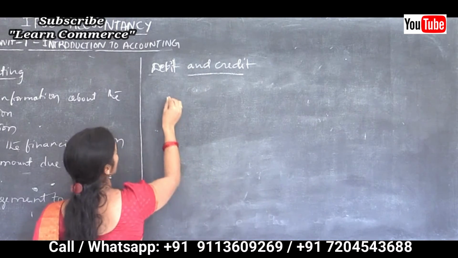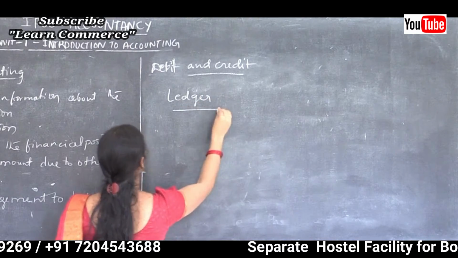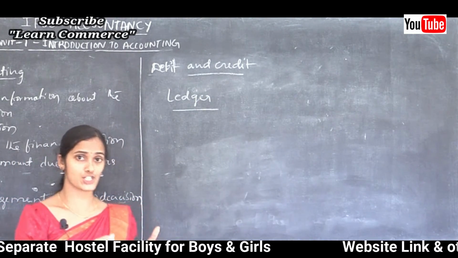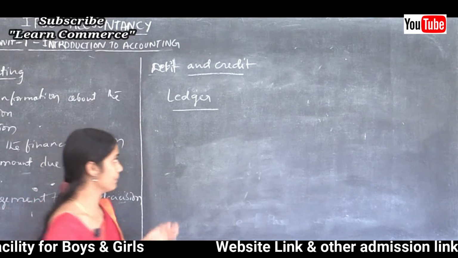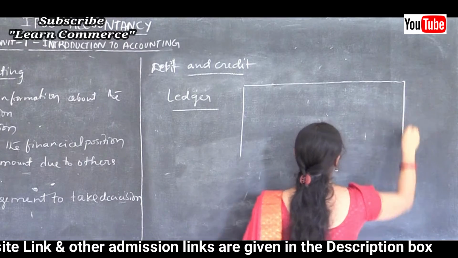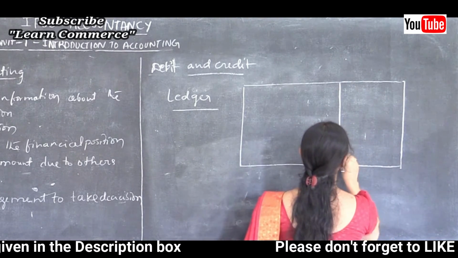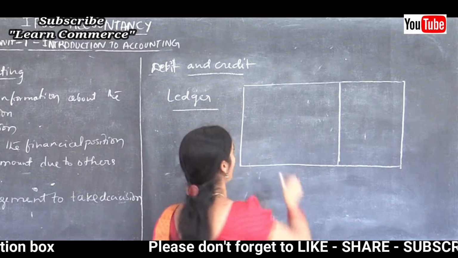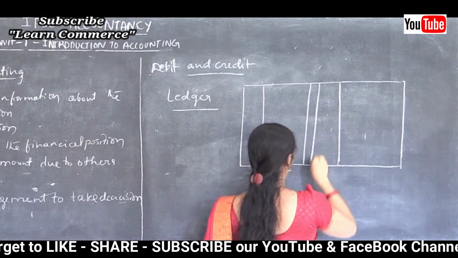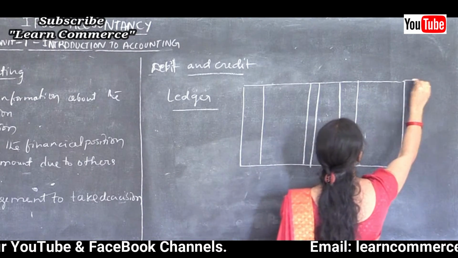Debit and credit. In the book called ledger, we record the transaction based on this debit and credit concept. Ledger book is like this. This is classification. One is right side, another one is left side. Here we should total particulars, JF, again total particulars,